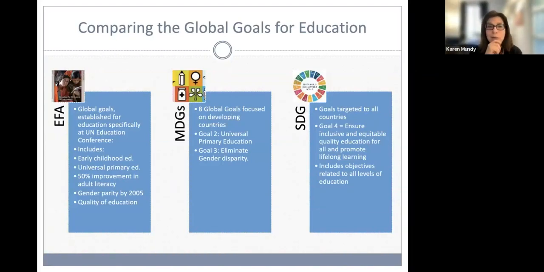In fact, it predates the EFA goals, and we can trace it to early regional conferences held by UNESCO in the 60s and early 70s. But at the time of the establishment of Education for All goals, there really was this notion that universalization of primary education would be achieved by 2005. That goal was missed, but of course later this idea of universalizing primary education was achieved, almost, not completely, but